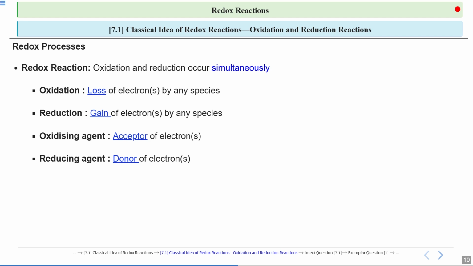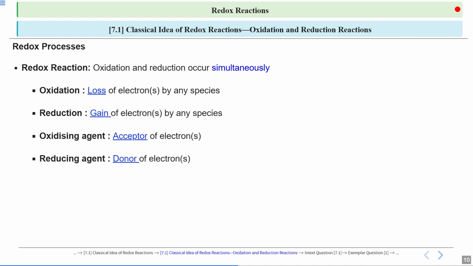So here we have understood about the redox reaction, that how can we say that in a particular reaction the oxidation reaction has taken place. So till now we have understood about oxidation and reduction in a manner of addition or removal of hydrogen or oxygen, or the addition and removal of electropositive or electronegative elements. But now we must understand these two terms in the manner of their electron transfer.